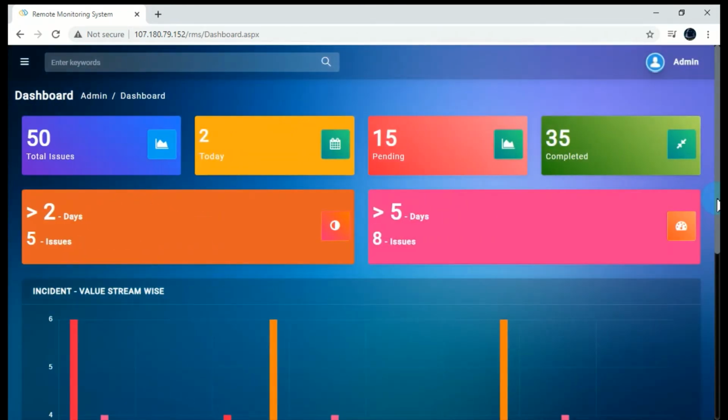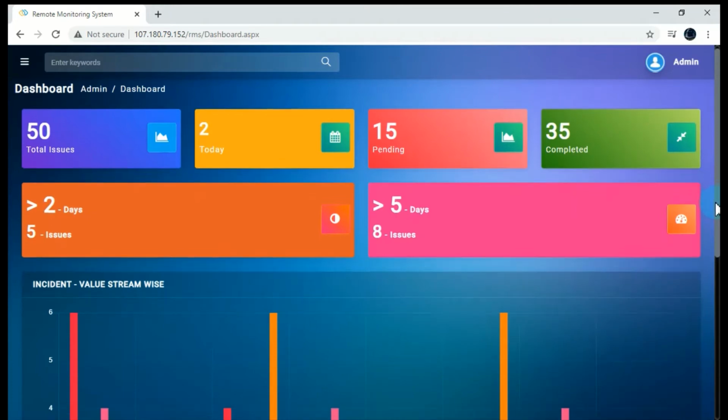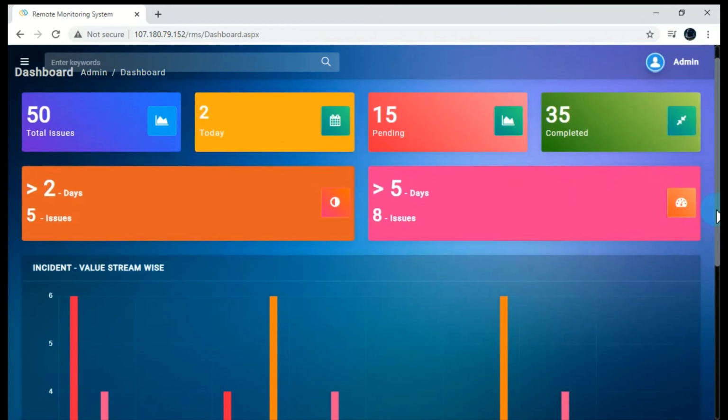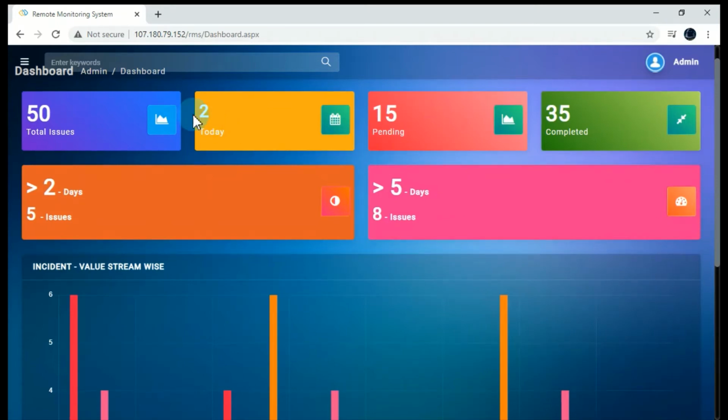So this dashboard will be displayed on the LED screen which is available on the factory floor. Here you can see the total issues, the incidents which have occurred today, how many issues are pending and how many have been completed.